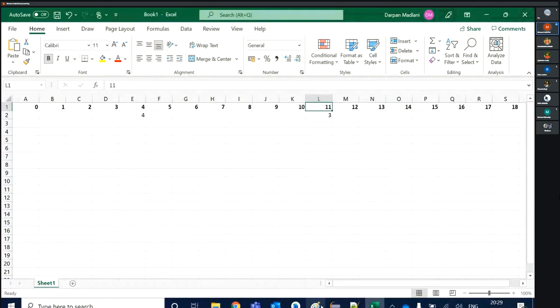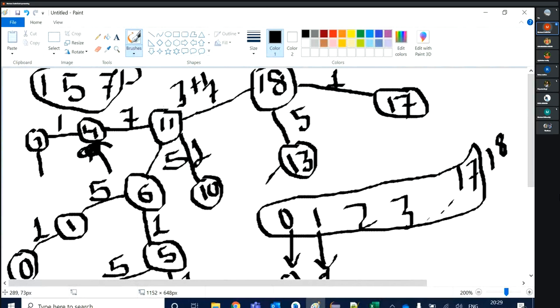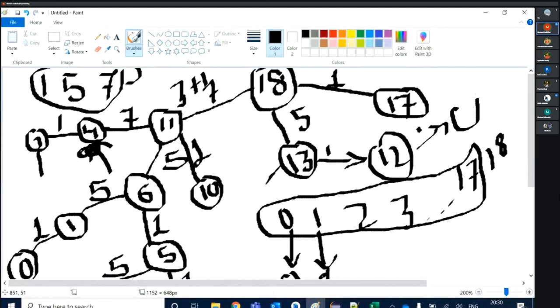Why? Because whenever the same amount is repeating in a tree, let's say here I'm using the 1 rupee coin again, 12 is coming, 1 rupee coin again, 11 is coming. 11 coming here. So if your tree reaches here, it will calculate for the amount 11 again. But we don't need to calculate it here. Why?